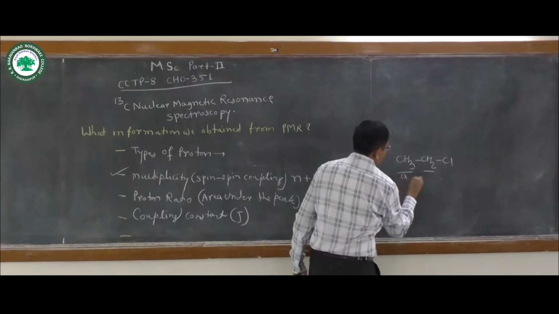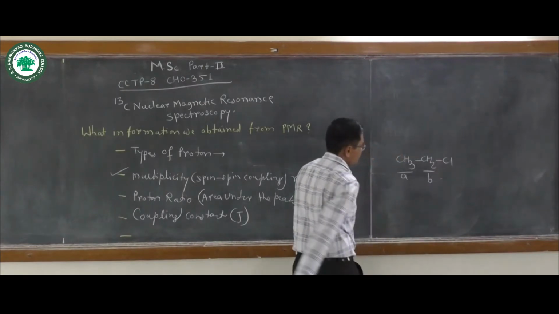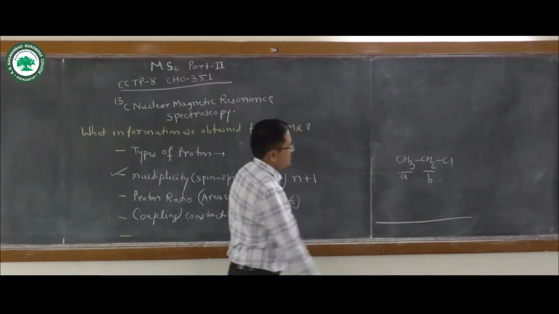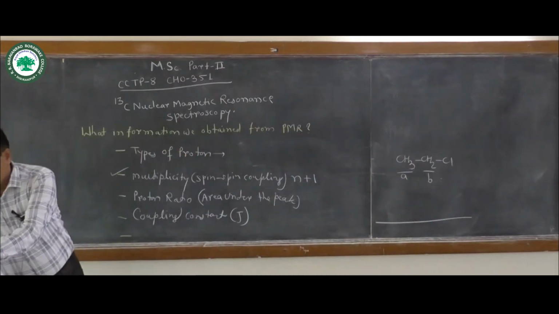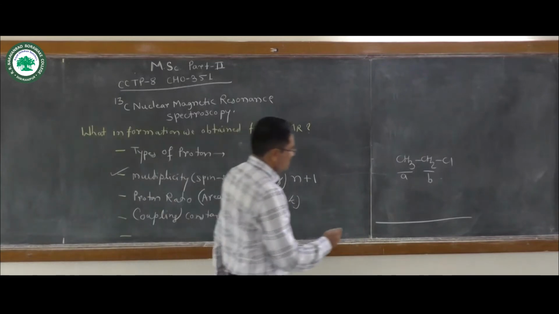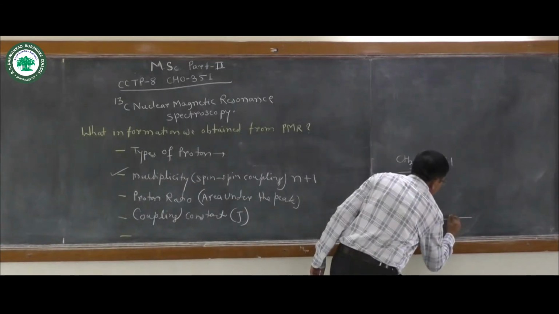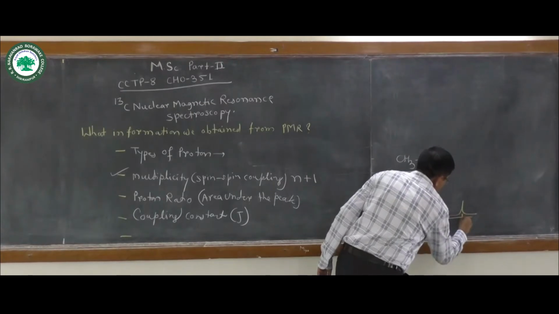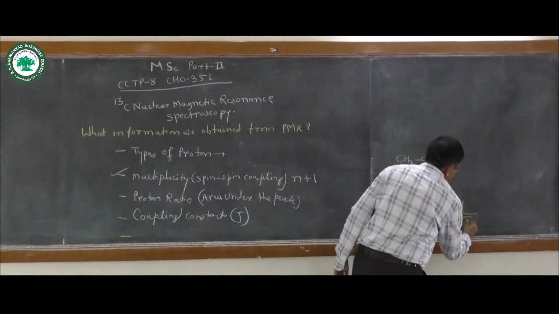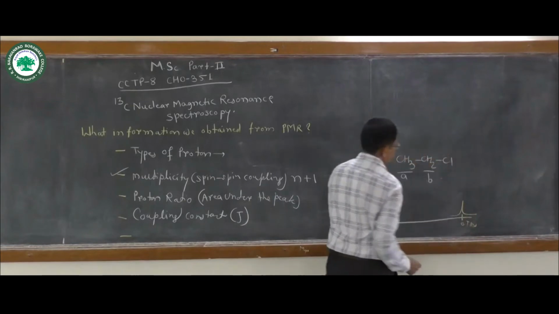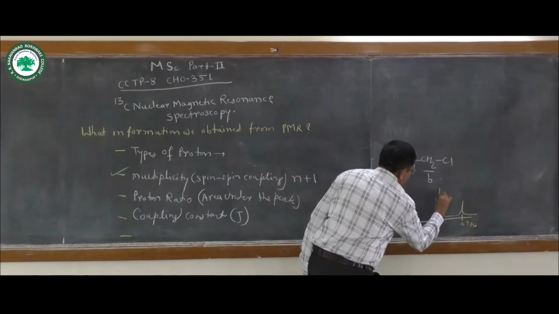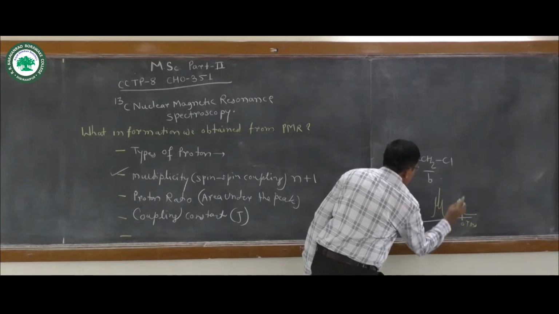This is A and this is B, and suppose this is the spectrum. We draw the rough spectrum here. This is TMS. This is the signal for